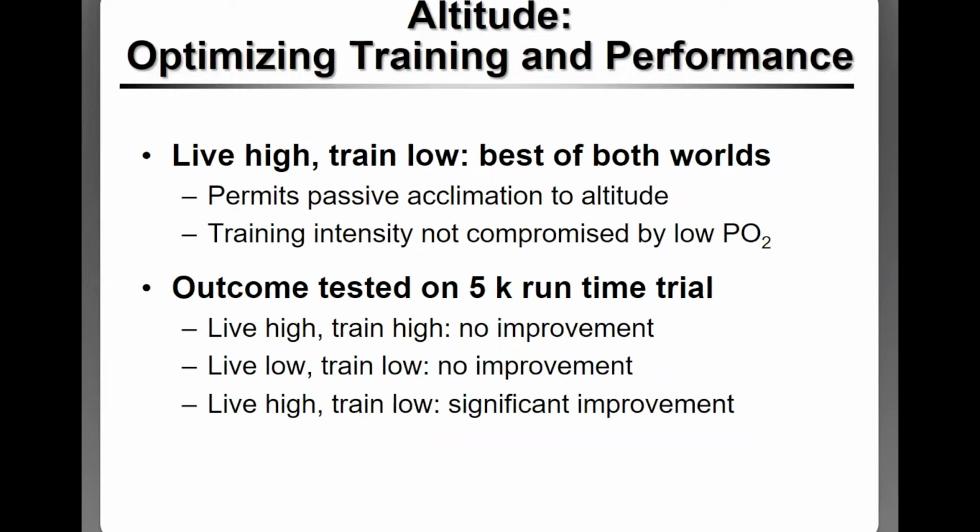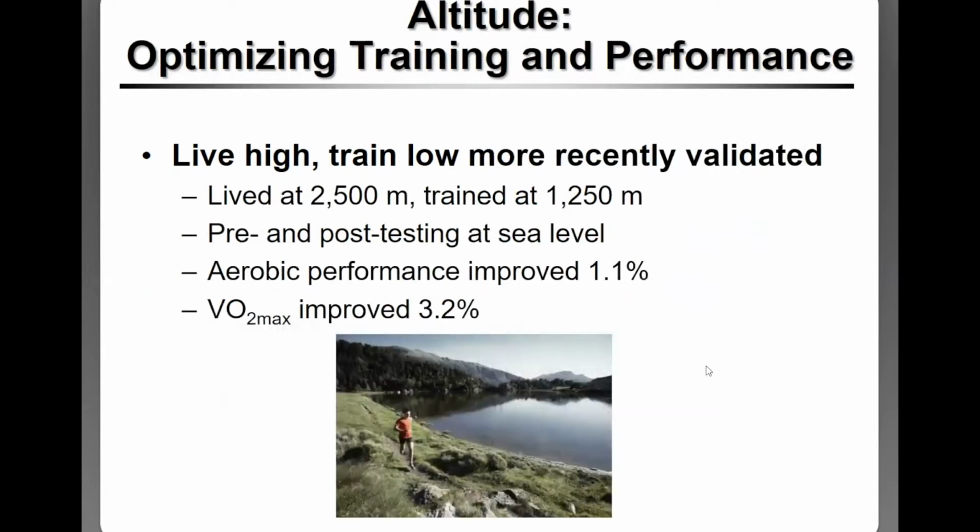There was a study that tested athletes on a 5K run, and they showed that living high and training low had significant improvements on their 5K run time trial. So living high and training low has been validated, where athletes would live at 2,500 meters and then train at a lower altitude. Their aerobic performance improved by 1% and their VO2 max improved by 3%. And when you're in the elite athlete status, this 1 to 3% improvement is huge, and it's a significant improvement